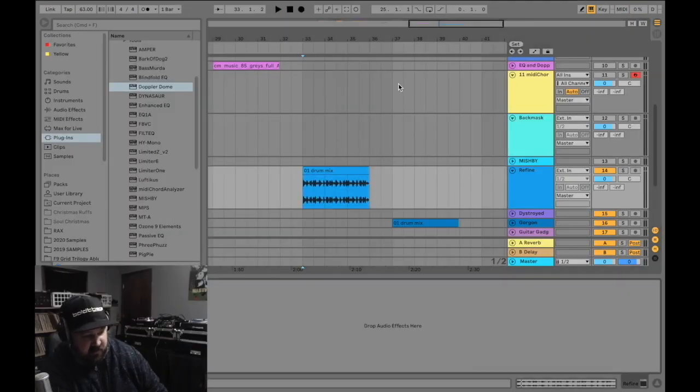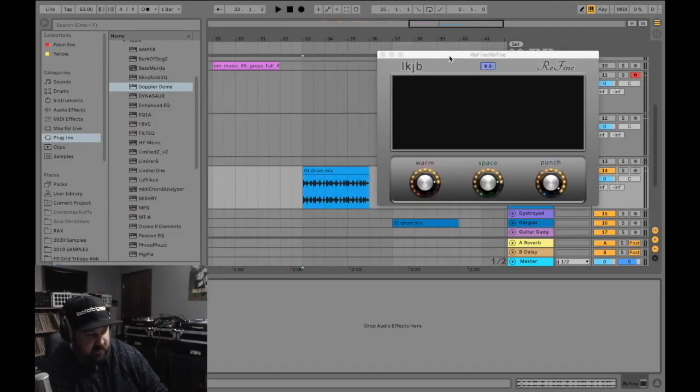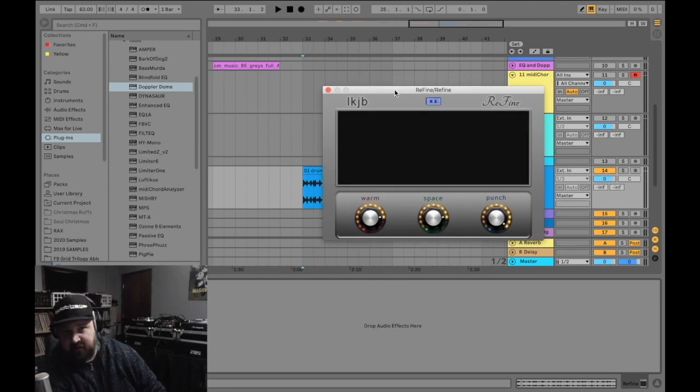Next up is a plugin called Refine. This is a plugin made for your mastering chain. The reason I knew that this plugin was legit right off the bat is because if you crank everything all the way up, it's still really subtle. That'll tell you right there that it's not some kind of gimmicky plugin geared towards beginners and people that don't